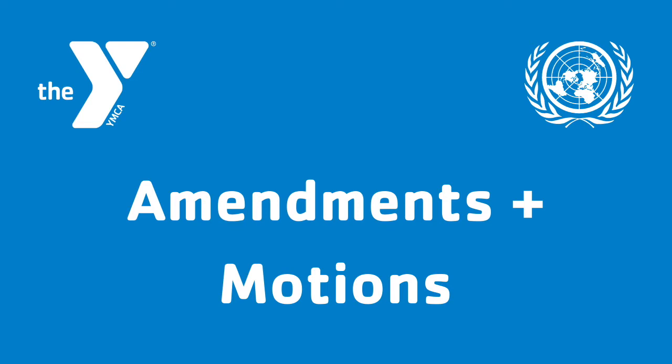Okay, so now we're just going to talk about some extra things. One of the first things that might be a little confusing is amendments. An amendment is basically just a change to your resolution after you've already submitted it in October. There's two main types of amendments, and both types have to be submitted beforehand to the conference officers, meaning before you're sitting in your chair in committee.